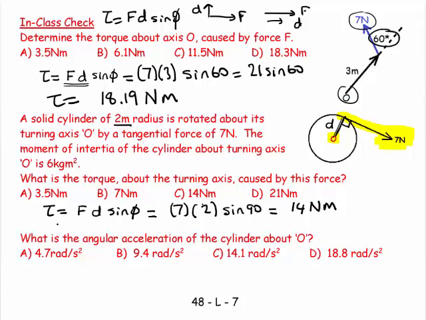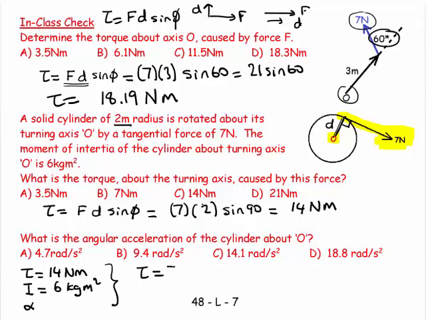So then the next question is, what is the angular acceleration of the cylinder about this turning axis? So I say, well, what do I know? I know my torque is equal to 14 Newton meters. What else do I know? I know my moment of inertia was given to me as 6 kilogram meter squared. And it's asking me for my alpha. And I say, oh yeah,